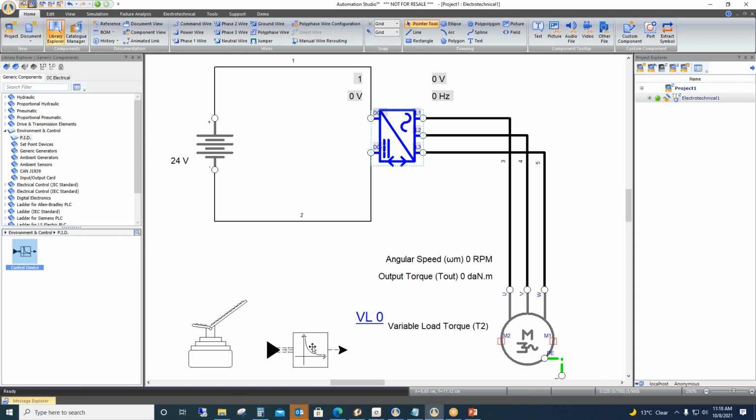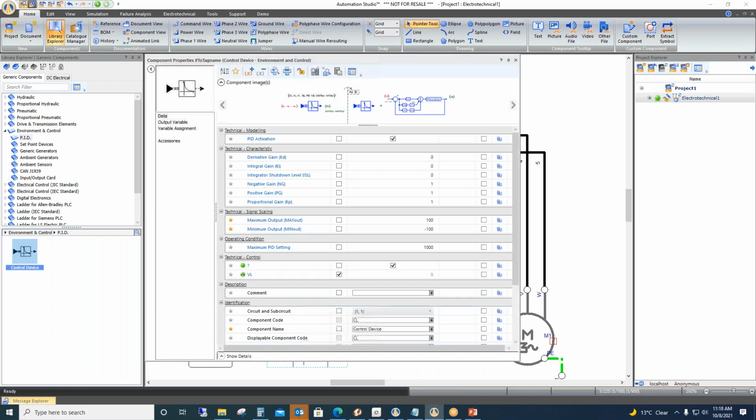Now we want this control device to give an output ranging from 0 to 400. So we will need to change the minimum and maximum signal of the control device. The minimum signal is -100, and we will make the maximum 400.